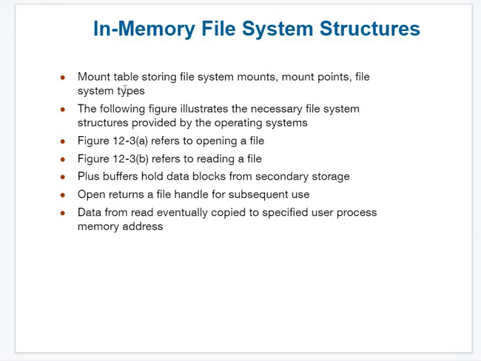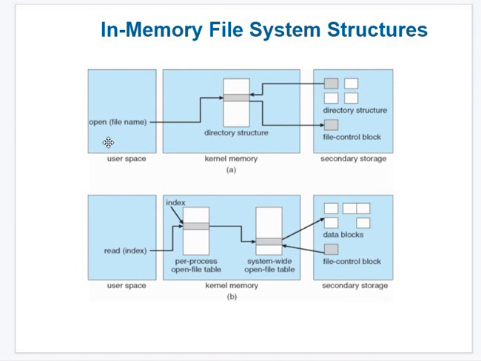Okay, the mount table. As I told, to access a file, it should first be mounted on the computer's file system, and then only can we use it. Whenever we mount, we cannot assure that it will always be in a continuous memory location. It may be broken into pieces and mounted, but the user should not feel that the file is stored part by part. That is called fragmentation, external fragmentation. So the OS will use fragmentation, but the user should not feel that the file has been stored using fragmentation.